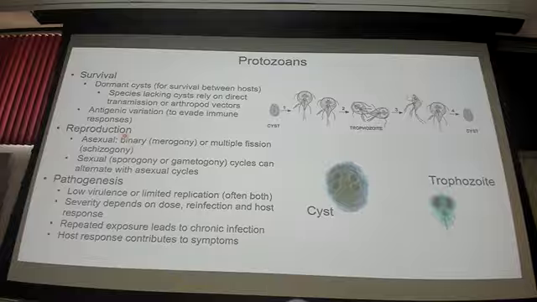Most of these protozoans will reproduce by binary fission, which is merogamy. Some of them will undergo multiple rounds of asexual reproduction, which is what we call schizogamy. And a few, like Plasmodium species, will undergo sexual cycles, usually that alternate with asexual cycles, sporogamy or gametogamy. In terms of pathogenesis, a lot of these parasites don't have a terrible amount of virulence, so they're not